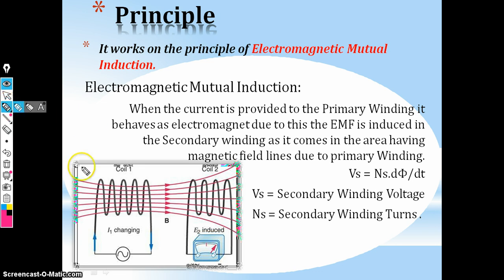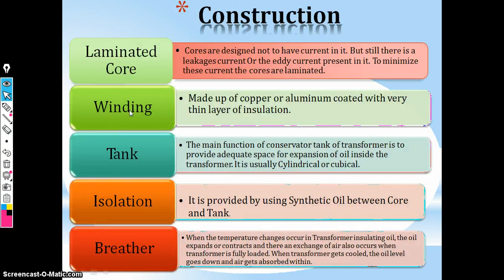Then the next point is the construction of the transformer. The construction of the transformer is classified into five parts. The first one is the laminated core, then the winding, then the tank of the transformer, then the insulation, then the breather. Then the laminated core is made with the help of an iron core and copper core, and the main function of